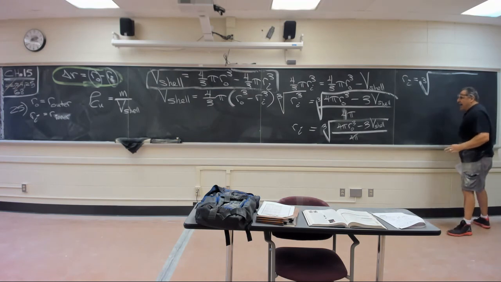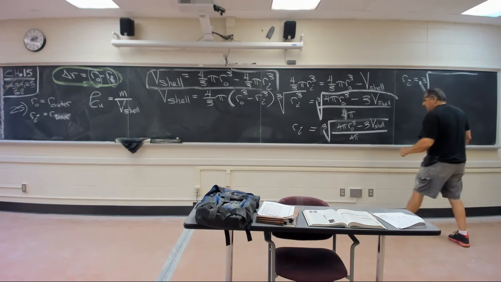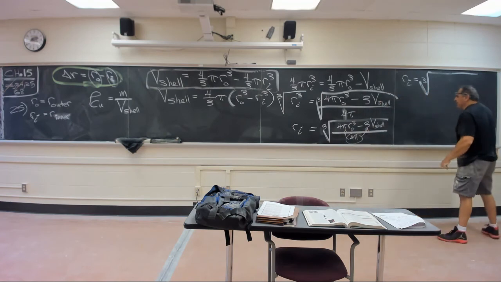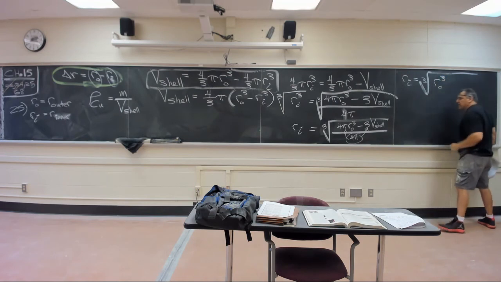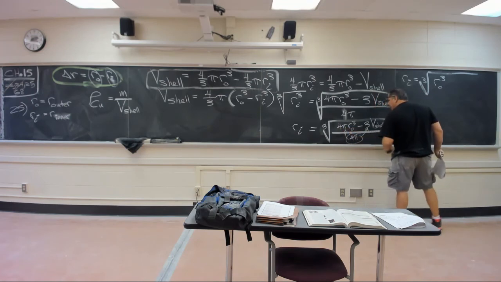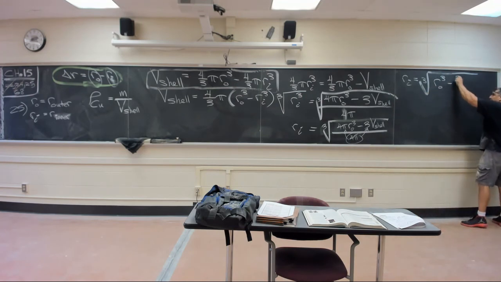Now, there's a lot going on. You can play this a whole bunch of ways. You could take the 4 pi and go into here. If that's the case, it makes it a little easier. The 4 pi goes into 4 pi ro cubed. 4 pi ro cubed divided by 4 pi is just ro cubed minus 3 V shell